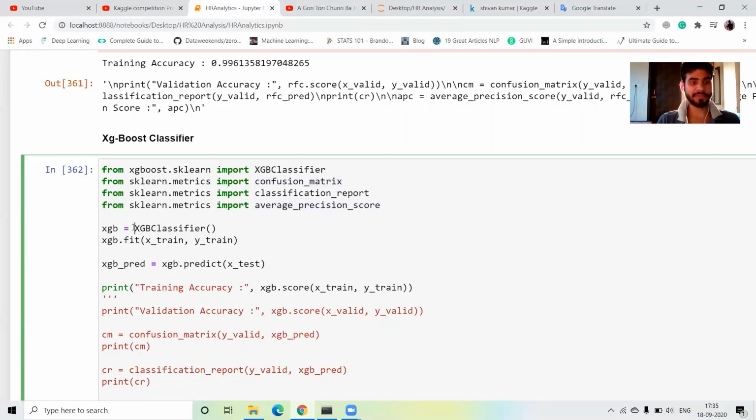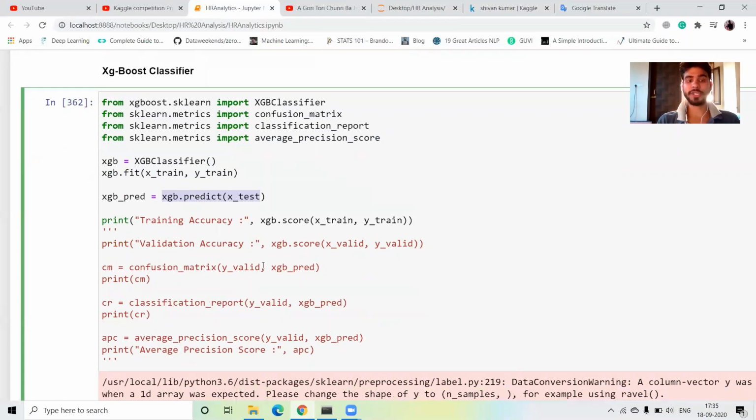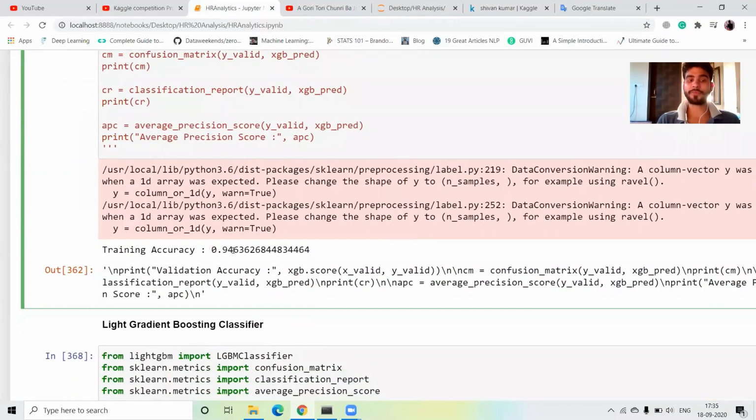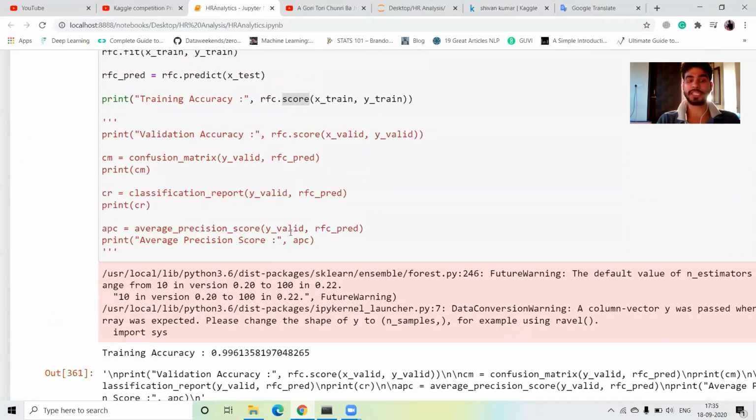Same thing, I define the XGBoost classifier, fit on our X train and Y train data set, and predict on X test. And I print the XGBoost training score on X train and Y train. Our XGBoost score is 94%. Our XGBoost score is lower, guys, and the random forest score is higher. So you have to check different types. You have to use different machine learning algorithms and check your training and testing accuracy.